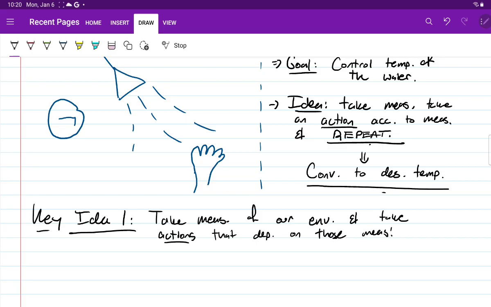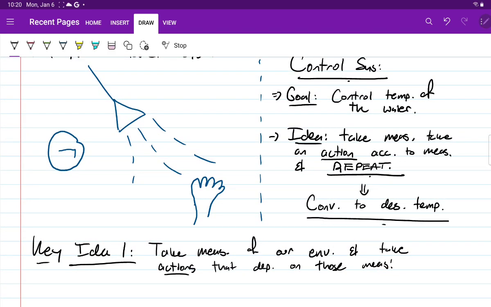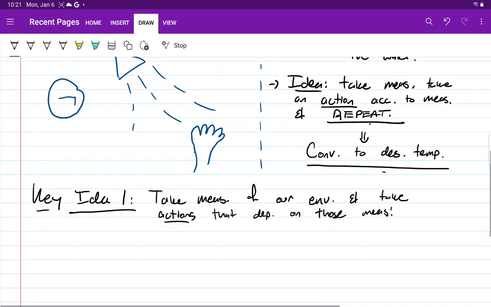There's a couple different things at play here. One of them is that we're continually doing this process of measuring and taking actions. Why is this? Why don't we just take one measurement and say, okay, that's where the shower handle was yesterday, maybe that's fine? Why don't we just do that? So the idea is,